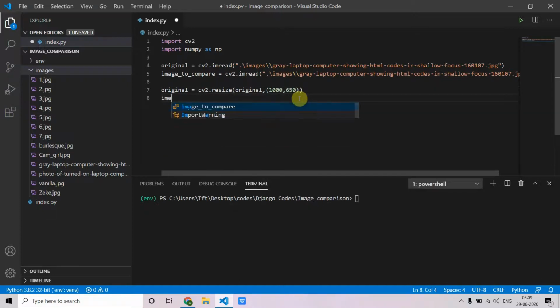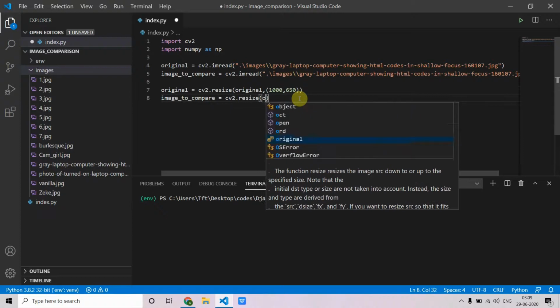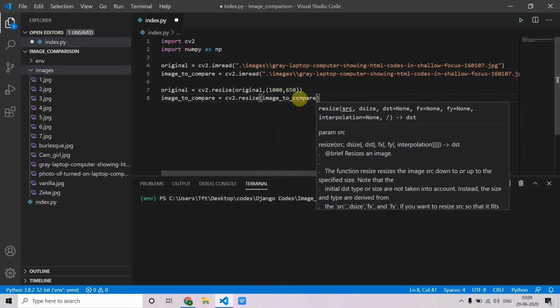Do it for the second one also. Resize image to compare.